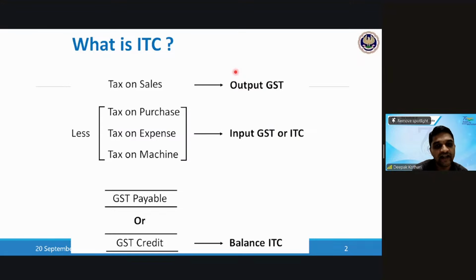Correct. In sales, we collect tax on output. You're right, Anubhav. Balance ITC is called as input tax credit, which lies with you, which you can offset in the future. ठीक है, नाउ अगर बेसिक्स ये समझ में आ गया तो फिर एवरीथिंग बिकम्स इजियर, बिकॉज दिस विल बी द बेसिस वेयर वी विल यूज इट फॉर द फ्यूचर।